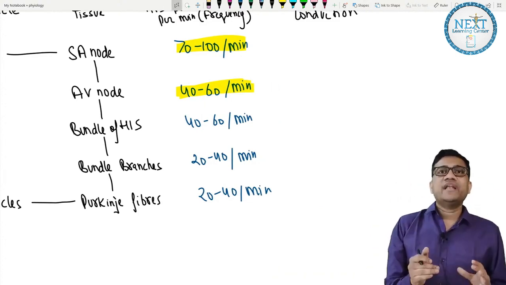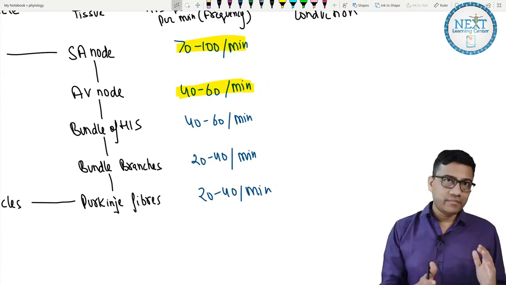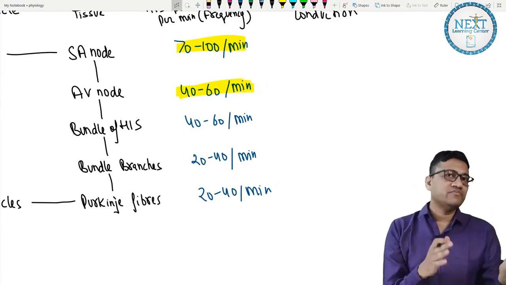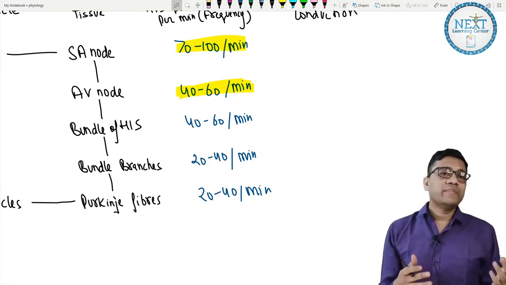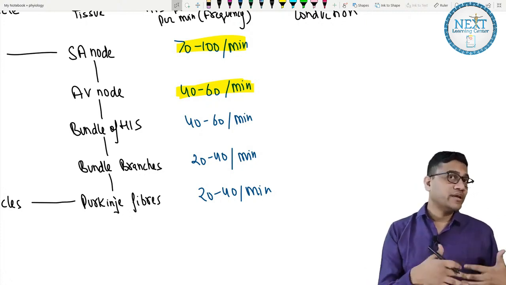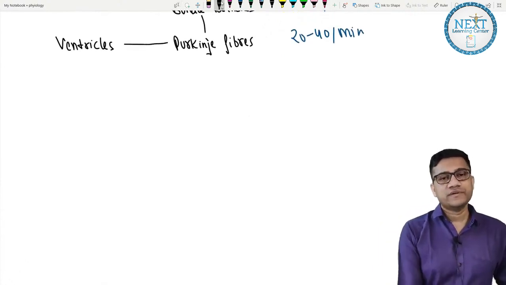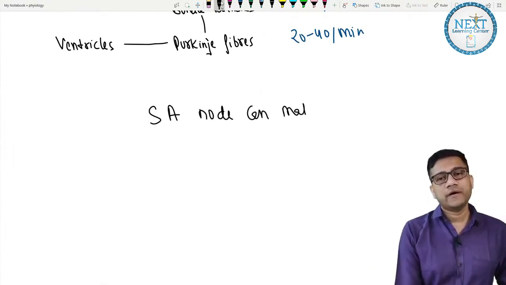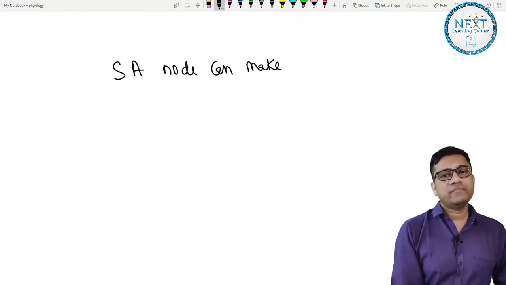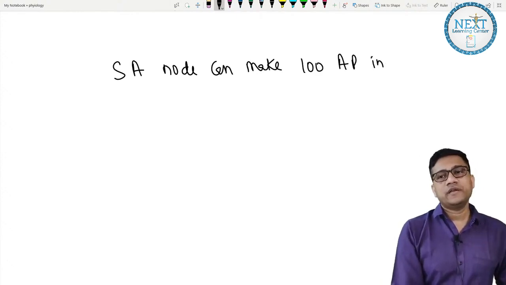The fetal heart is not beating before the age of the 5th or 6th week. So when it starts to beat, what happens? They will all start to make impulses, because all can make impulses. So let's see a very interesting point. First, the SA node can make, how many impulses? 100 APs in 1 minute, that is 60 seconds.